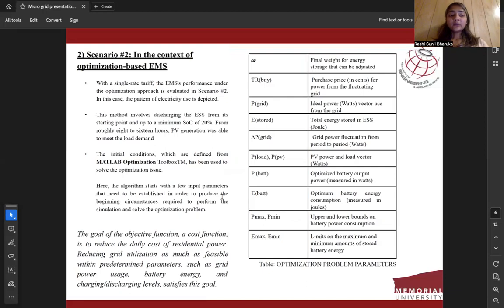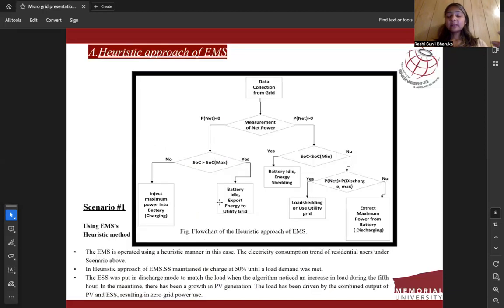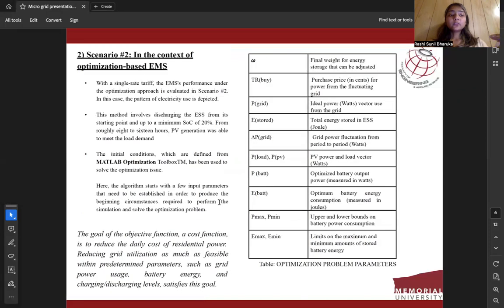Having seen the heuristic photovoltaic generation, now we'll move to the optimization-based technique for the energy management system. Here, we have defined the variables for initializing the algorithm, and we have used the MATLAB optimization toolbox for this simulation. The very important parameters are calculating the final weight for the energy storage, which is determined by omega, and considering the prices, the grid power, the energy stored, and the differences between the supplied power and the consumed power, the load,